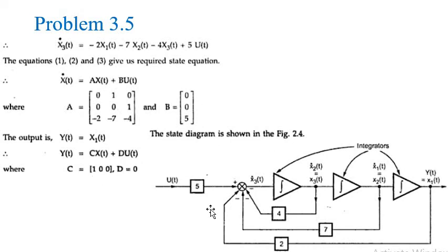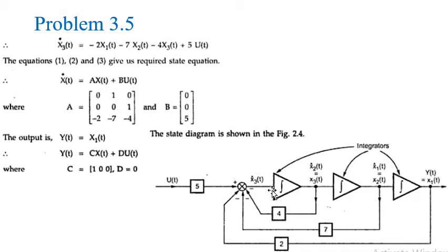So now you need to draw the state diagram of the system for this state space model. In order to draw the state diagram, we can take it element by element. You may use the equations also. The first equation was x1 dot is equal to... we have already discussed in the last class that we will be using integrators rather than differentiators to speed up the process. Since we are having three state variables, we will be taking three integrators. The output of each integrator will be a state variable.